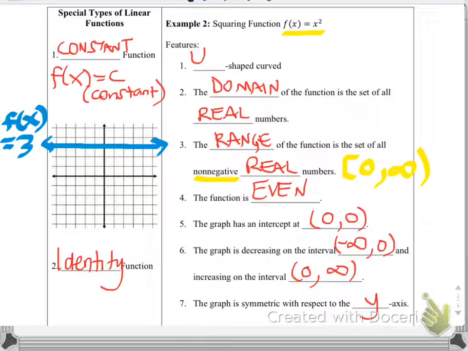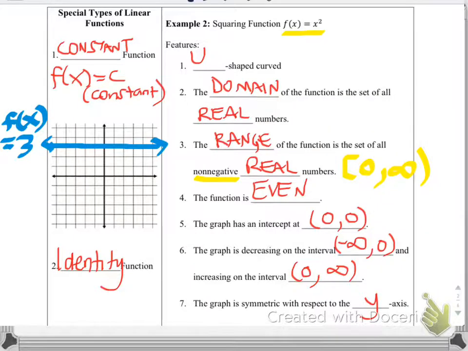The function is even. Remember, and I think you guys had it on your exam, to determine whether it's even or not, you evaluate f of -x, and if it comes back the original expression, then it's even. So the squaring function is even. It has an intercept at (0, 0). It's decreasing on the interval negative infinity to 0 and increasing from 0 to infinity, and the graph is symmetric with respect